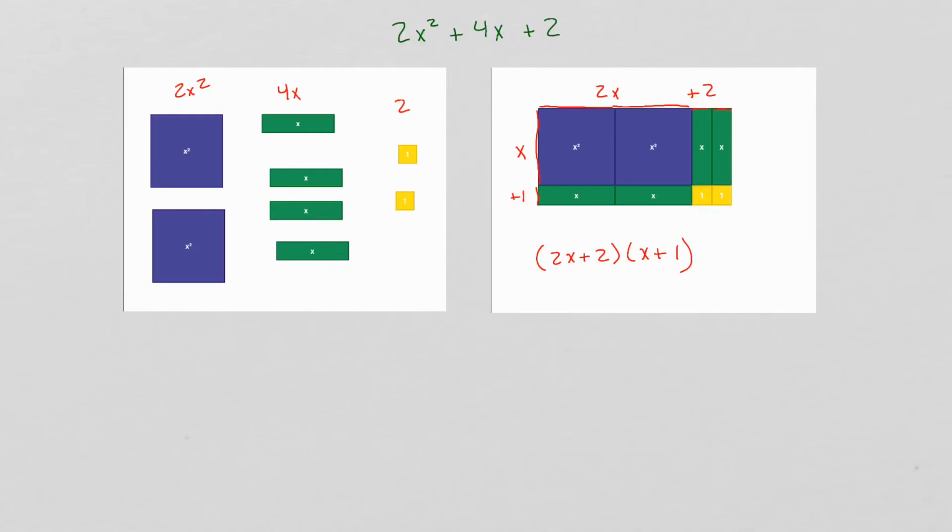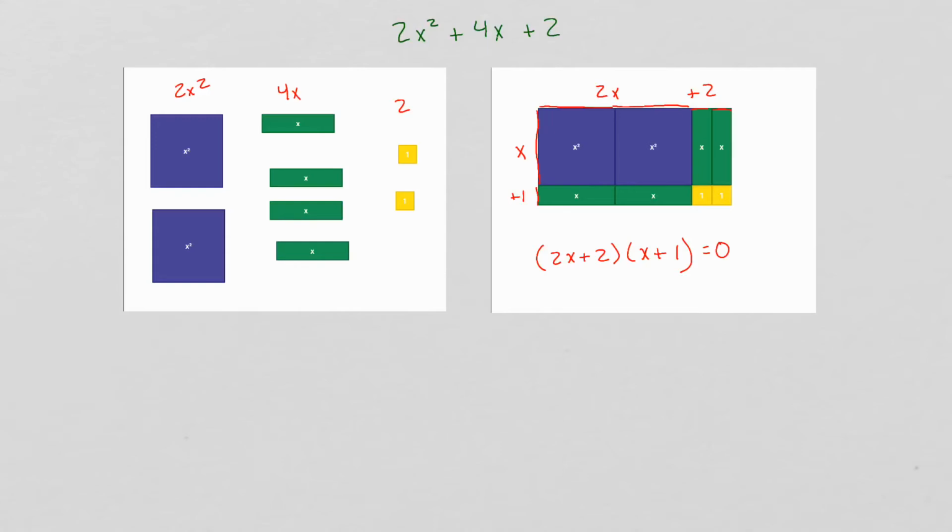And if you multiply those together using the box method, you're going to get 2x squared plus 4x plus 2. So we factored it, and now if we wanted to figure out what the solutions were, we could make that equal to 0, and we could solve to see what x would be in order to make those 0. So if you're comfortable with this algebra tile method, then use it. You can either use algebra tiles on your phone or on your laptop, or you can just draw them on